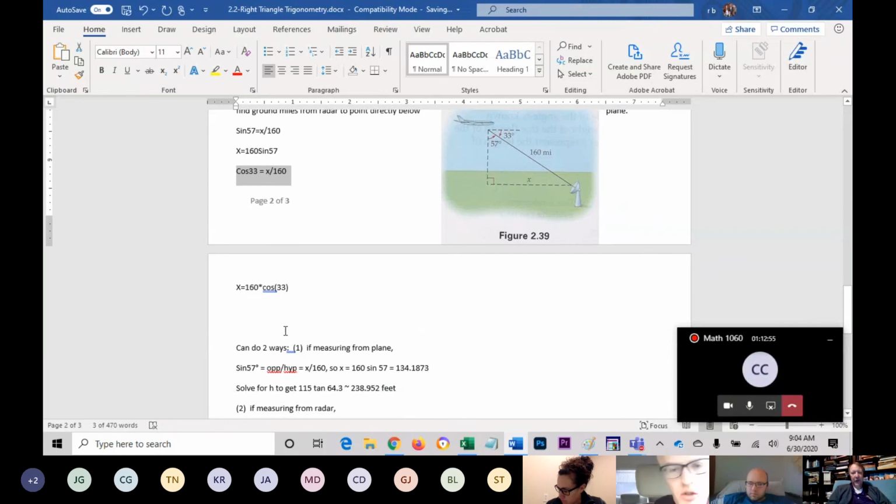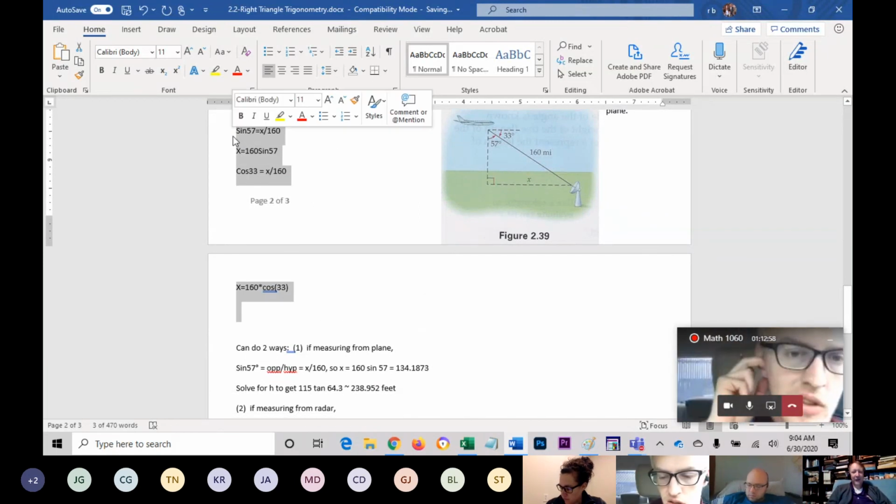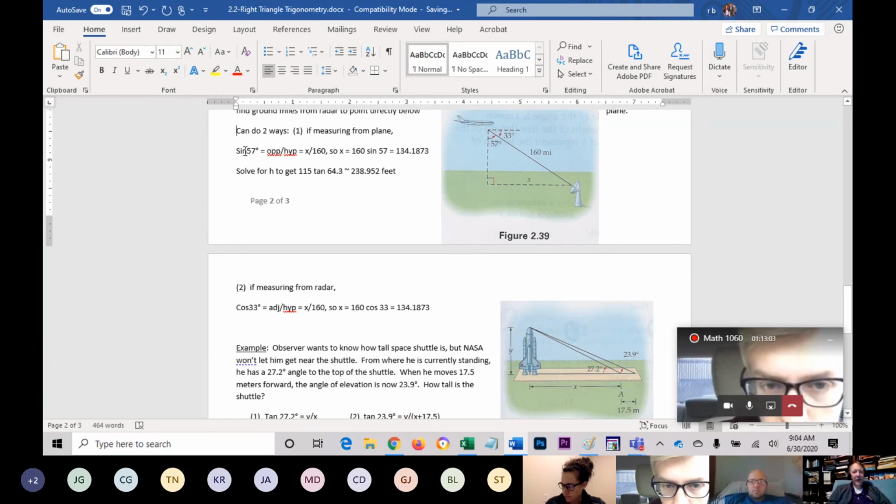Okay. Oh, so I guess I did it right here. Let's look at this again. So you can do it two ways. If you're measuring from the plane, it's the sine of 57 is the opposite over there. So you're going to get 134 feet. Oh, I didn't think about it. We could also solve